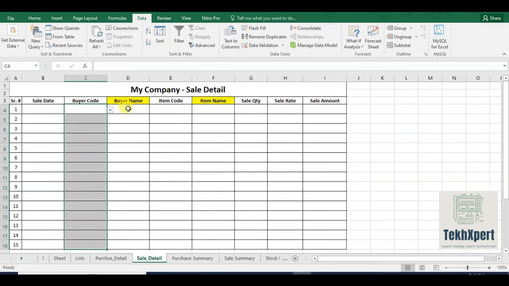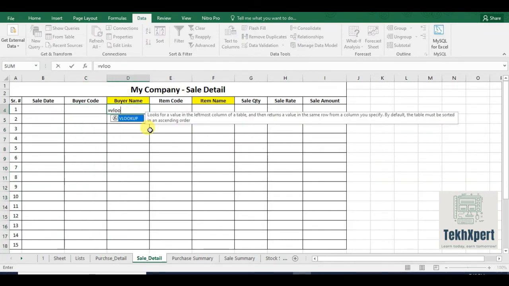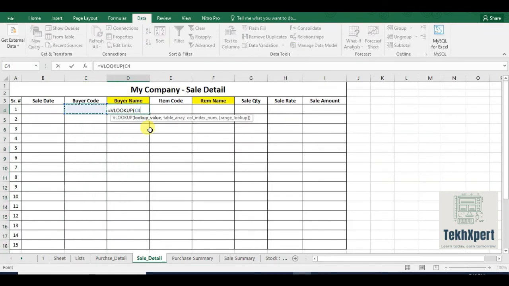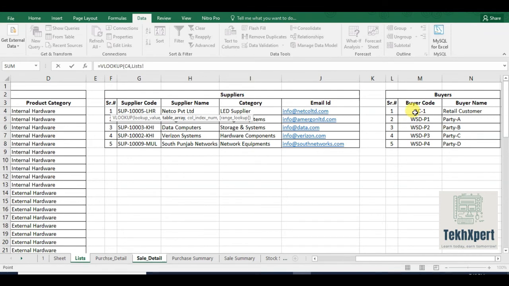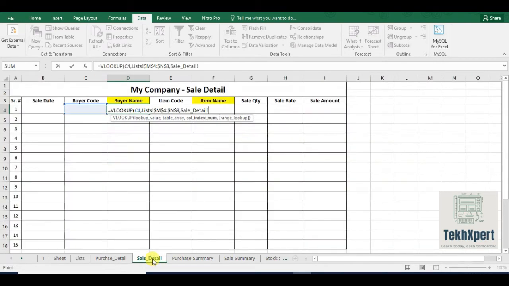Okay, here we will apply again the VLOOKUP function, lookup value C4, table array buyer code and buyer name, F4 to fix the range, comma, column index is